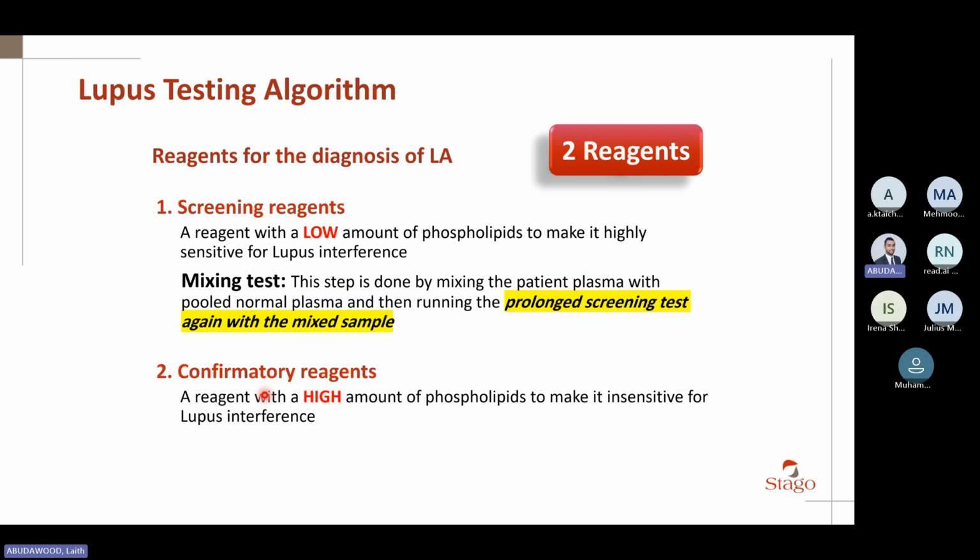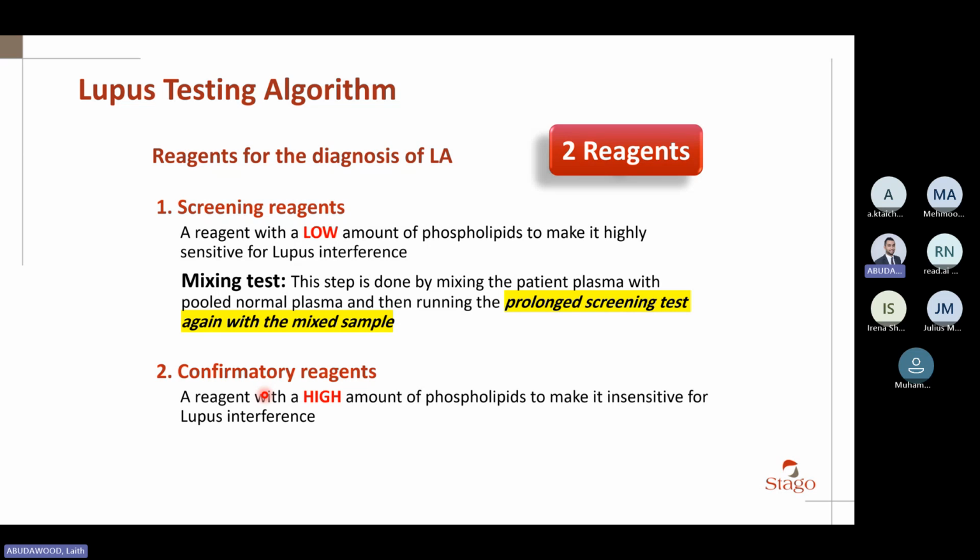So even a tiny amount of lupus anticoagulant will cause coagulation factors to miss these phospholipids, which means coagulation factors cannot do their job, which means the screening reagents are sensitive to even small amounts of lupus anticoagulant antibodies, which is the purpose. I want to detect even small amounts. But remember a critical point. Screening reagents cannot confirm lupus because